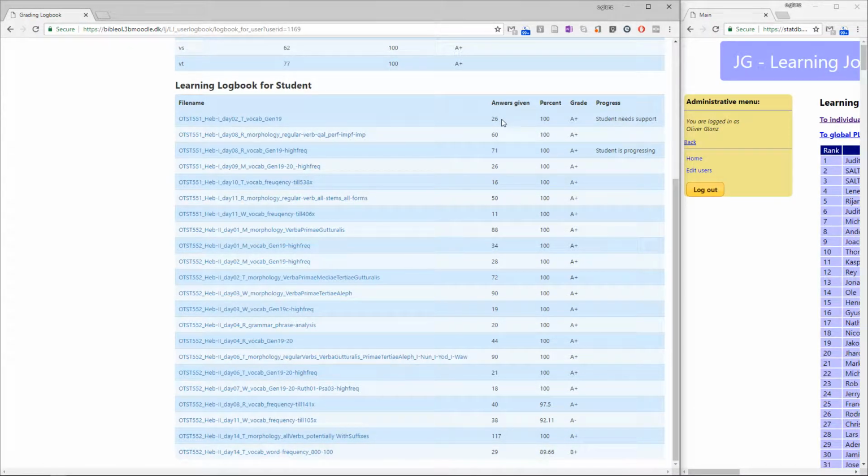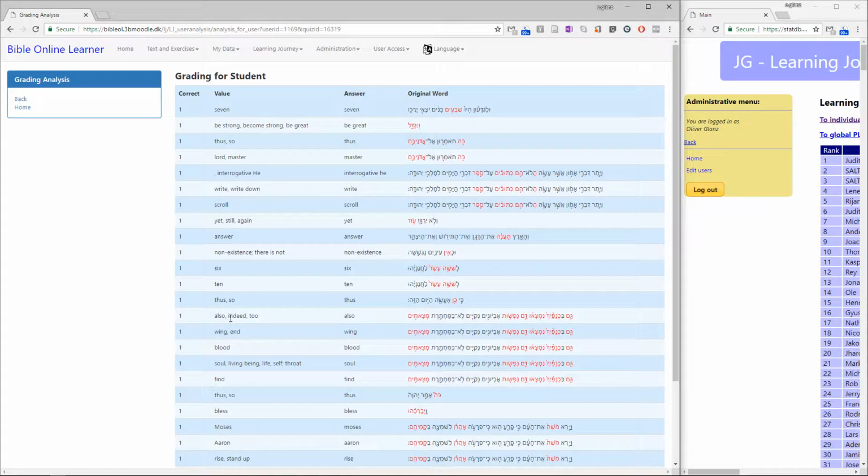You see the answers he has given, you see the percentage of right answers that he has given, and then there's a grade that the site suggests. So if you want to have a look at, for example, an exercise that you didn't do that well, for example here, day 14 word frequency, you can now click on the exercise that you did,